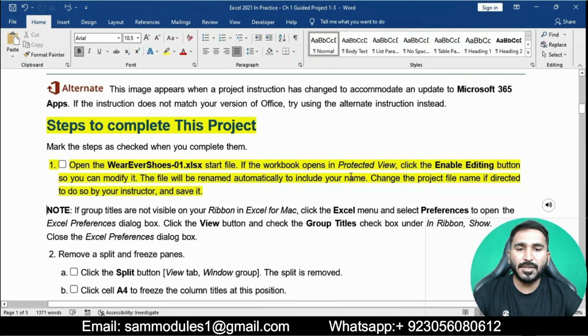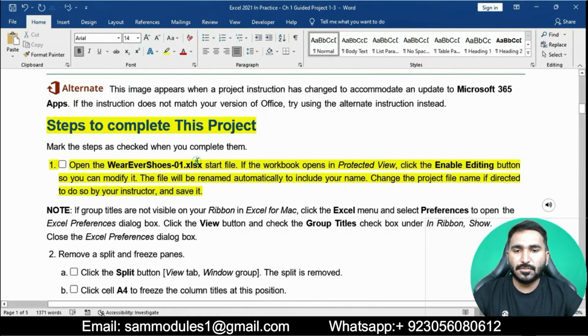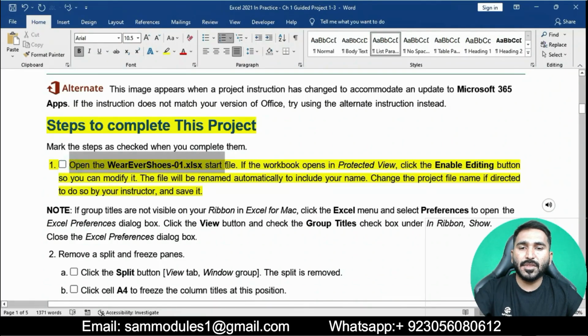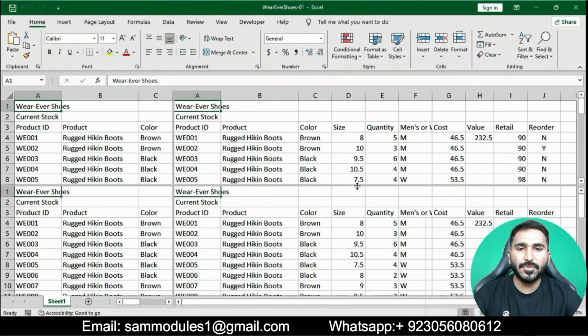The file will be renamed automatically to include your name. Change the project file name if directed to do so by your instructor and save it. The workbook name is Wherever Shoes Excel workbook.